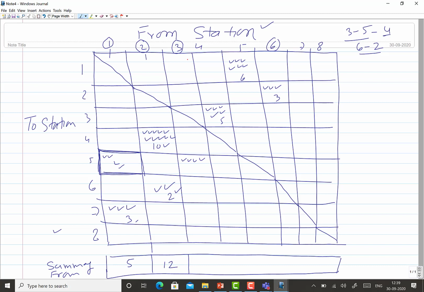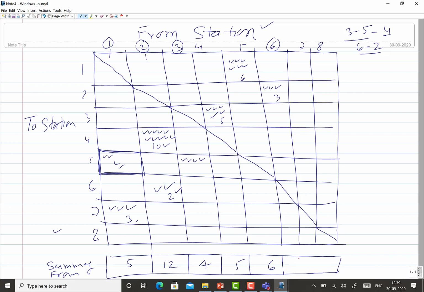Then the sum of all movements taking place from station 3 is, say, in this case 4. The sum of all movements taking place from station 4 is here 5. The sum of all movements taking place from station 5 is 6.